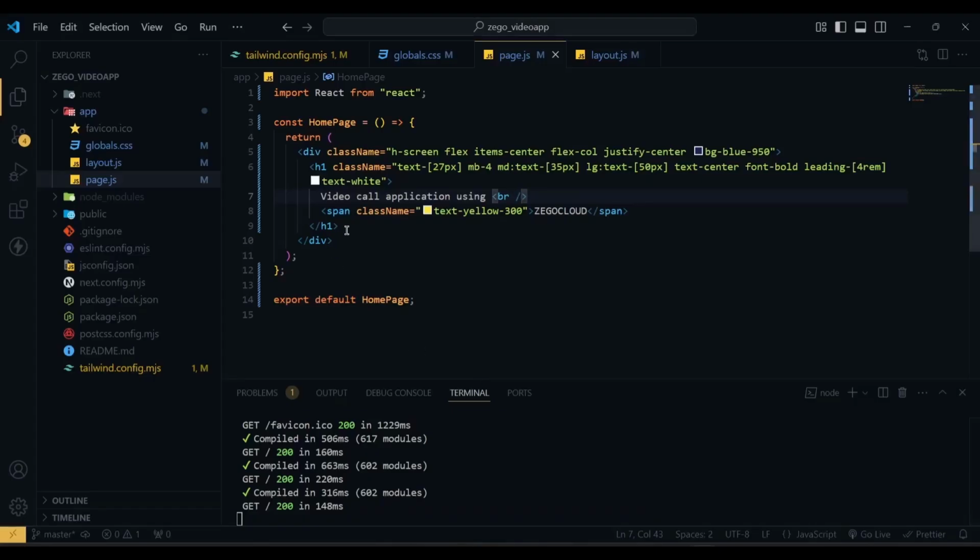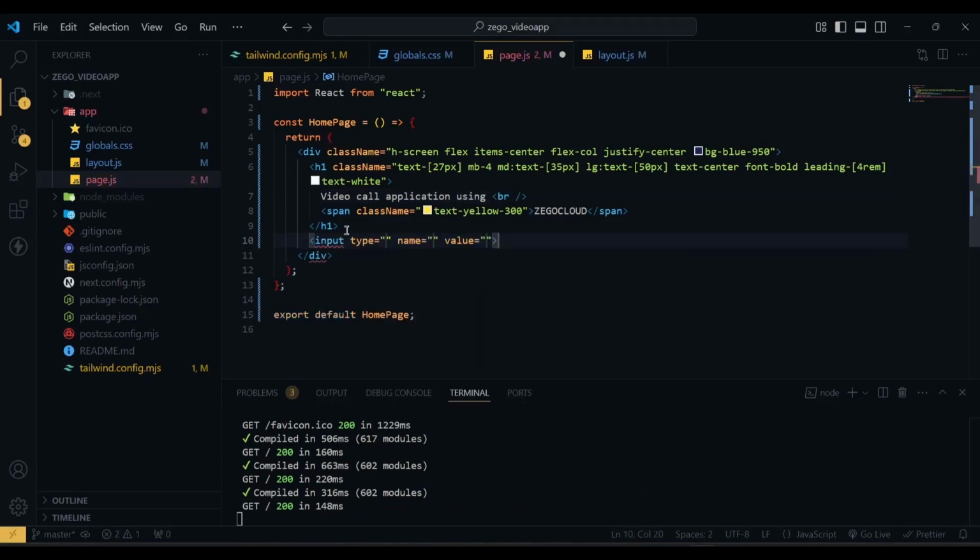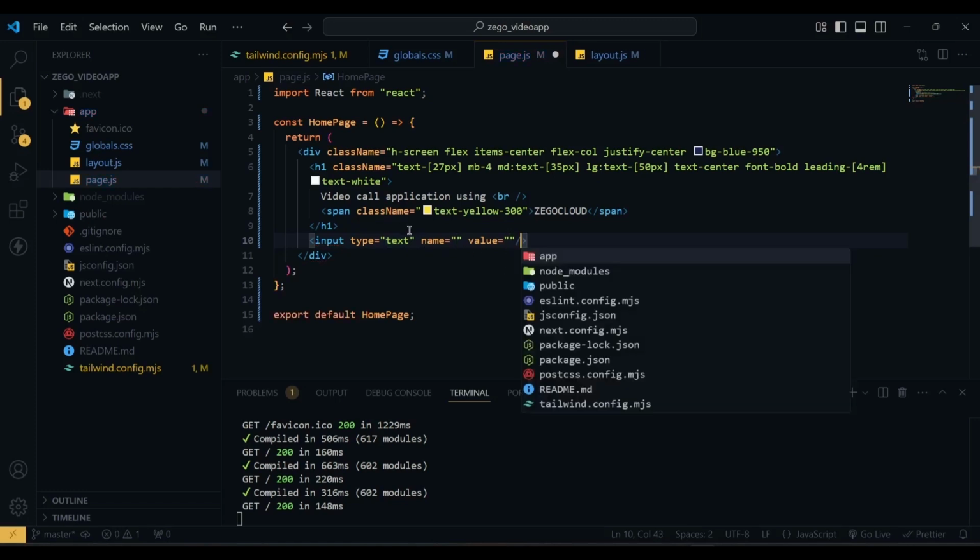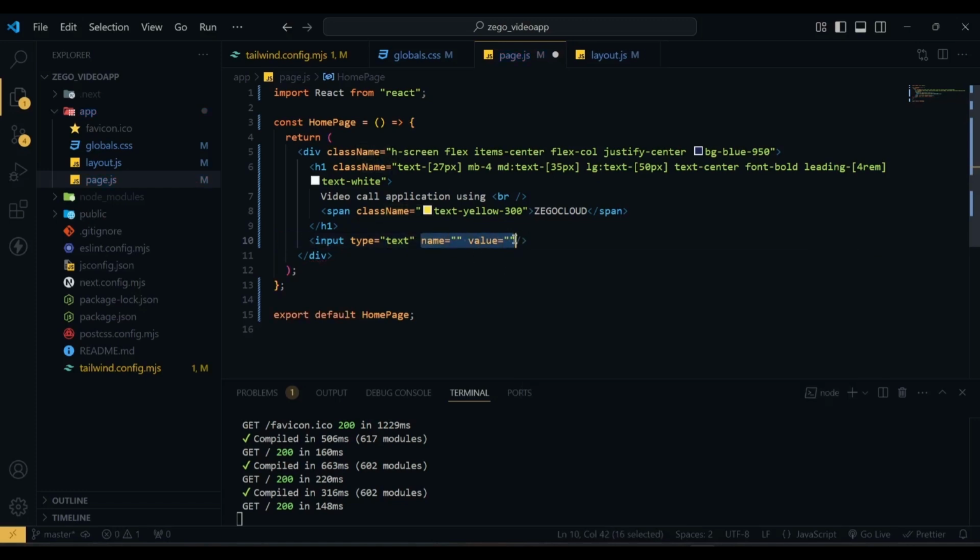So after the heading we have an input box, and input type will be text, and this one will be self-closing. We don't need the name and value for now, and the placeholder will be enter room ID. So in this input box we are going to enter a room ID to go to the room page,